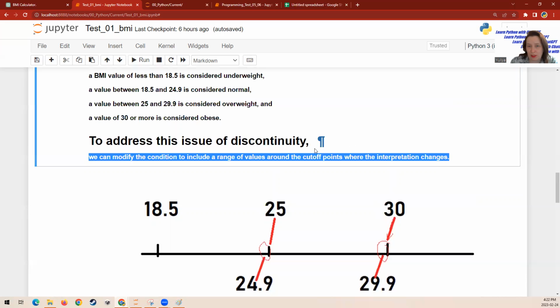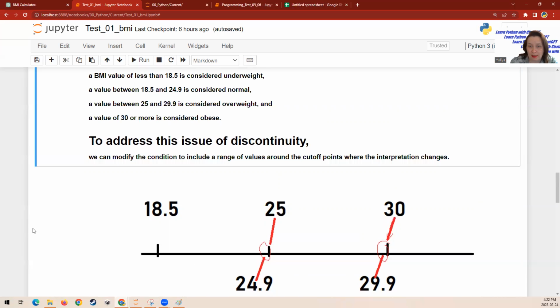So basically, you need to check with your client what would be an acceptable solution. Do you need to include values up to 25 as normal weight, or should more than this already go as slightly overweight? It depends on your client's decision, or on the interpretation, or scientific, or well, it depends on